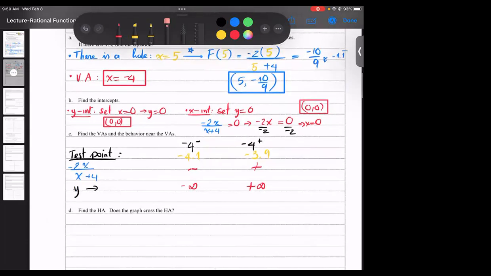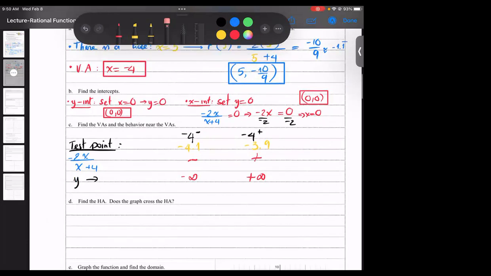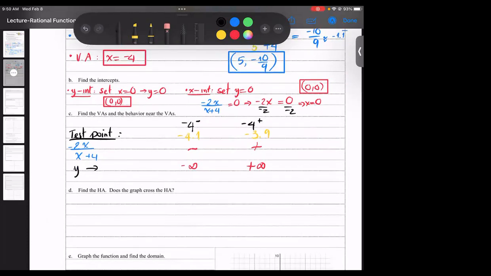Now the HA. Someone remind me, how do I find the HA? Good, I understand what you mean. Yes, it's easier to just write it down than to say it out loud, right? So let me remind you how to find the HA. If you guys forget, recall,